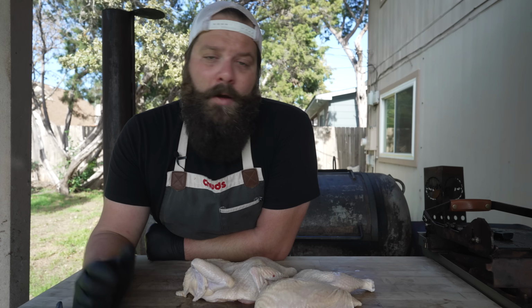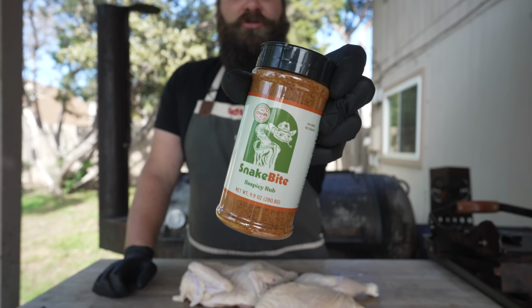fact the next step. And we're making buffalo chicken today, so you can really go with whatever kind of rub you like. You could go with no seasoning and just season it once it's all chopped up at the end. You could go just salt, do a dry brine, get some crispy skin that way, all-purpose rub, salt and pepper, really whatever you want. But today I'm gonna go ahead and hit it with some good old-fashioned Chuds BBQ Snake